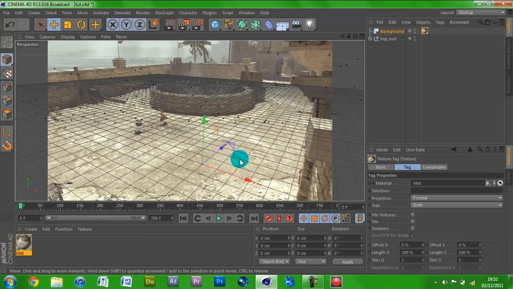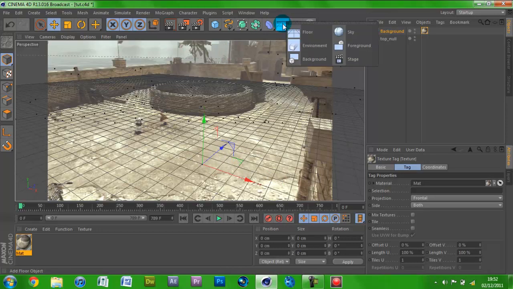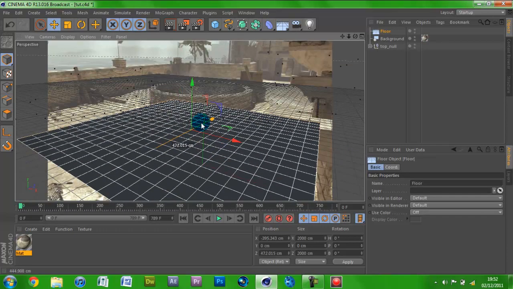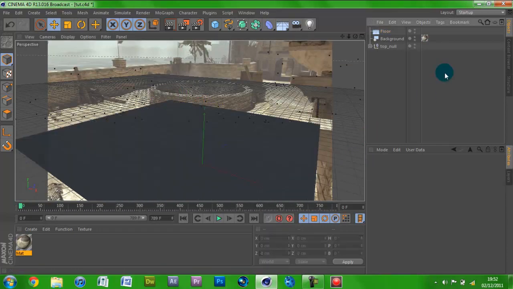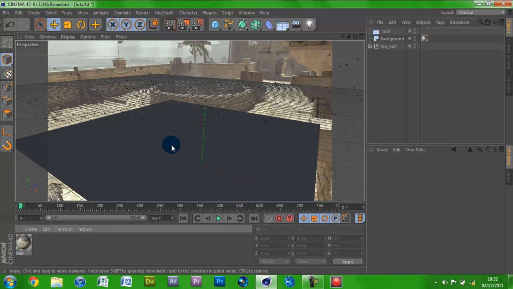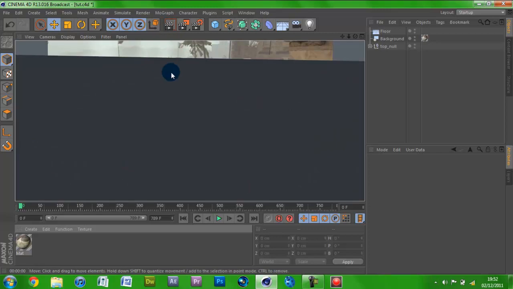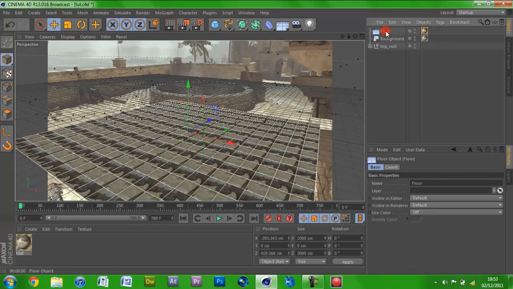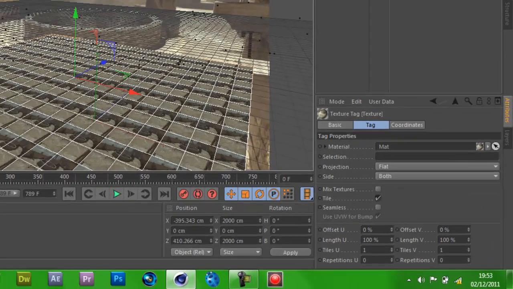As you would have seen, there was some shadowing. To do that, you want to go on to add floor object and go onto floor, and you can just move this to about there. After you've done that, if you render it out quickly, you can see that this is basically the floor area covering up the background. You don't want that to happen. So what you do is apply the same material to the floor, and click on the little material up there,